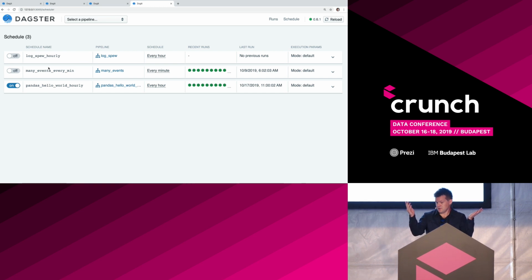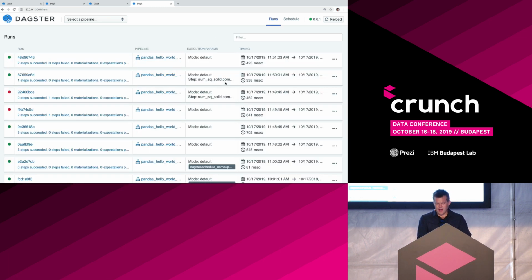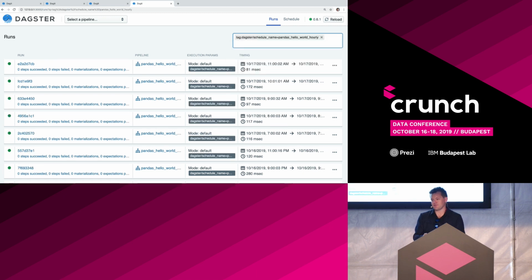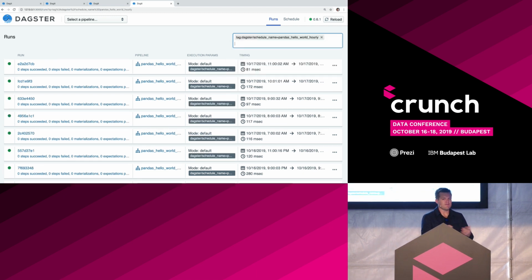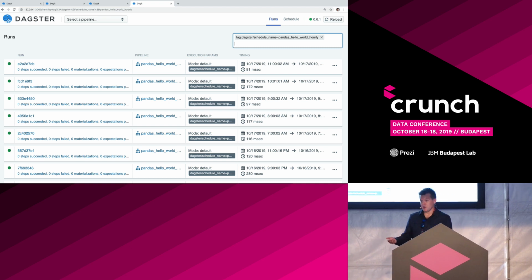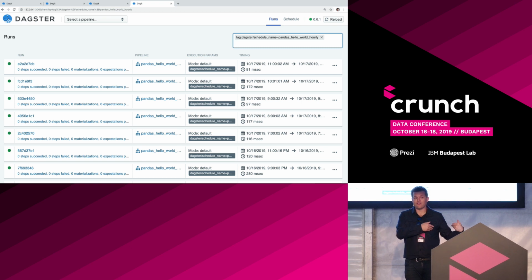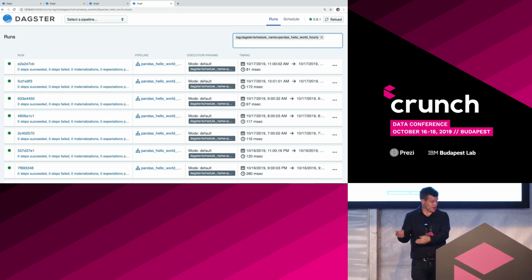And this is a live updating UI. I should have had this one on. If I wait one minute for that next schedule to run, you'll see it magically appear here, which is fun. And you can search for all the schedules which came from a certain one. So out of the box you have a very simple scheduler. But all of this is structured on APIs too, so if you have your own scheduler, it's very easy to invoke new runs based on that.